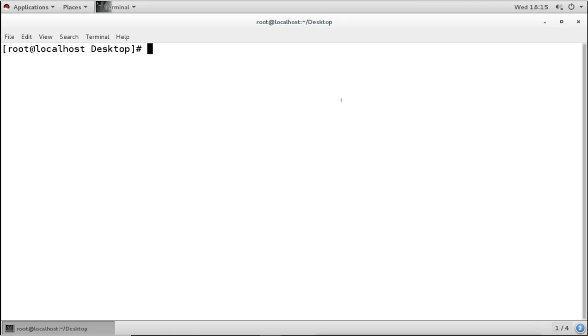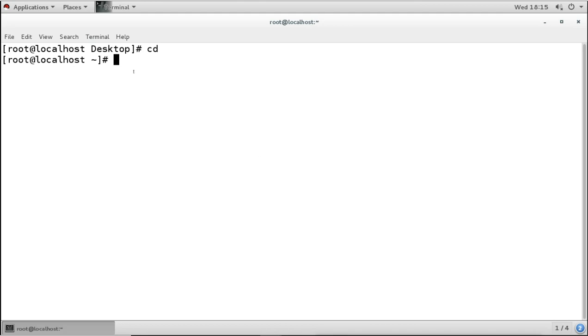Now where is this history coming from? It is coming from the file. So when you log out or shut down the system, your history will be saved into the file. Then next time when you reboot your system and log on to your user account, the history will be loaded again from that history file.